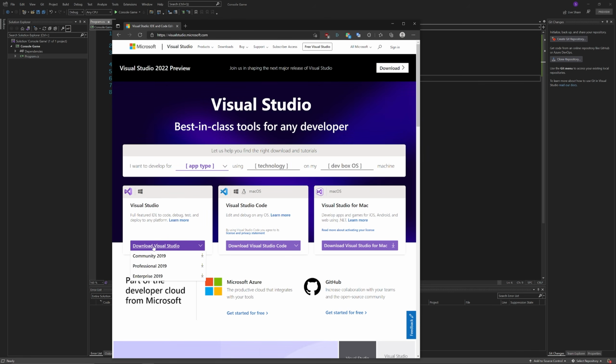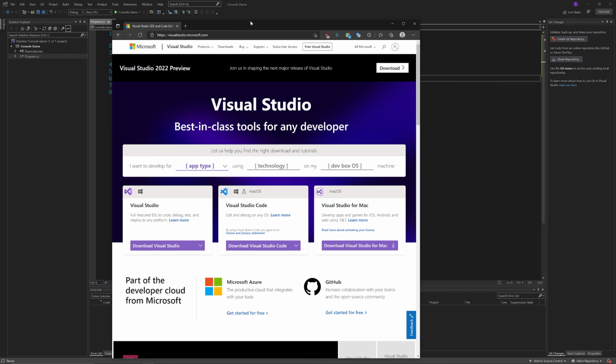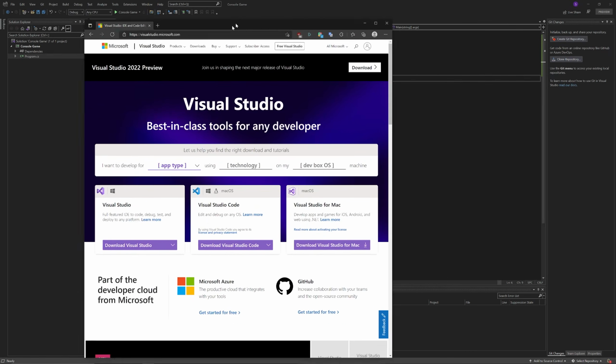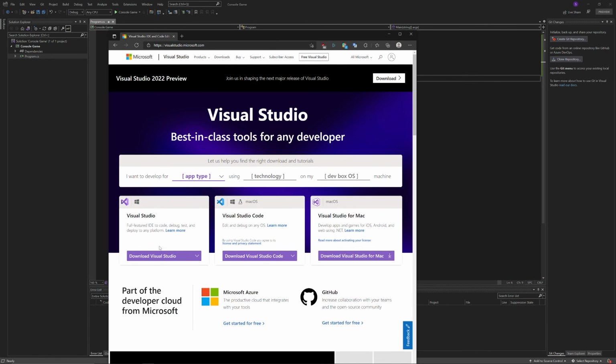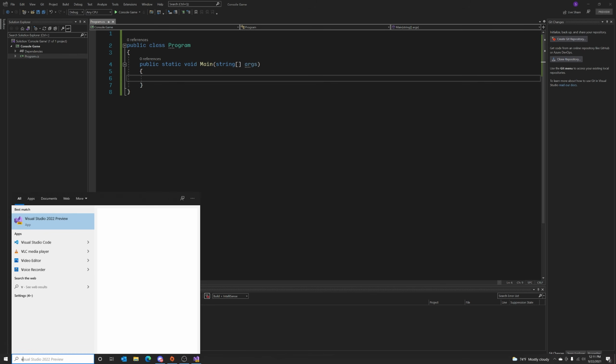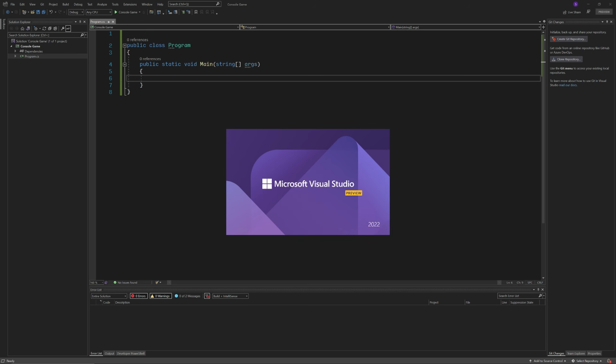for you. The community one is the free one, so I would suggest that, unless for some reason you have a better one. But if you have a better one, you probably aren't going to be watching this tutorial, so I would explain the installation process, but Microsoft can do it better. Just follow the instructions, install it, you're all good,